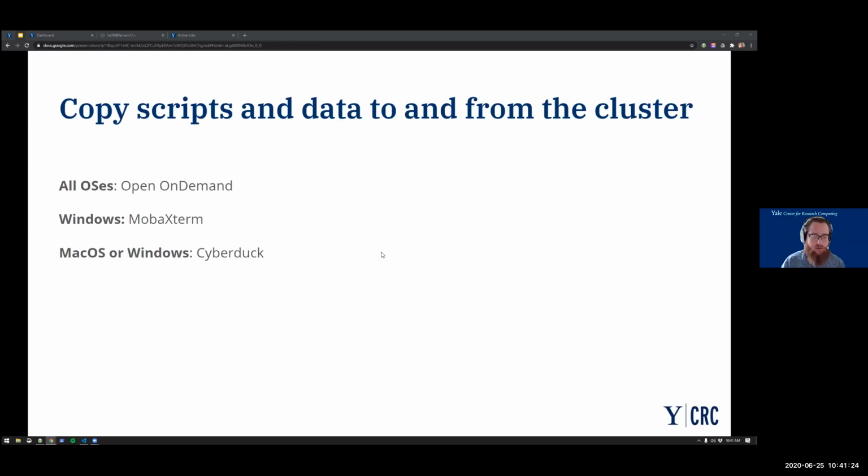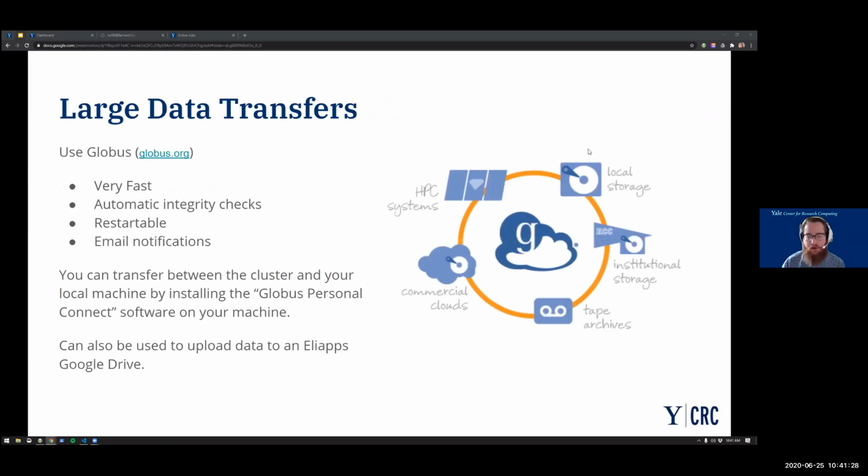And we have instructions on our website about how to set that up. And then just one more plug for Globus. It is the best and most reliable way to transfer really large gobs of storage. And if there's interest, again, at the end, I have plenty of directions we can go in depending on what people are interested in.